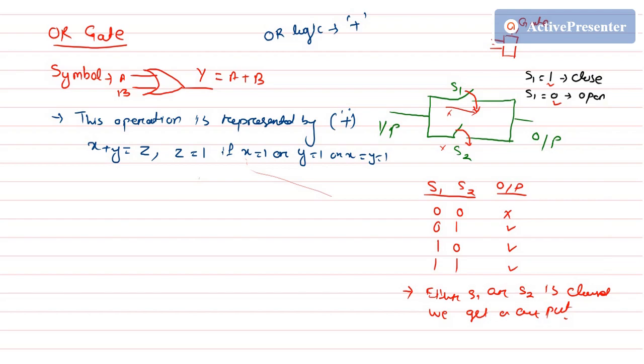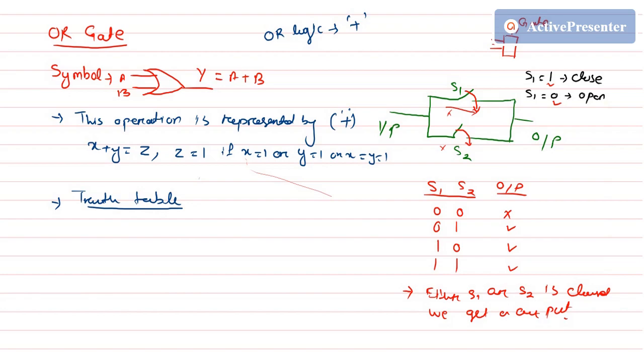Now next comes the truth table. In the truth table we have to represent the OR gate truth table. Before writing the truth table, let me tell you why it is called a truth table. In digital electronics you have logics, and a logic has to be true or false. Suppose I say I will be going there. In digital electronics, or in the binary number system, there are two logic levels.